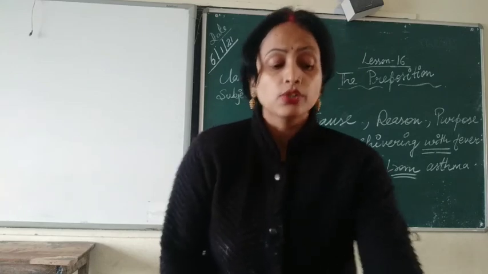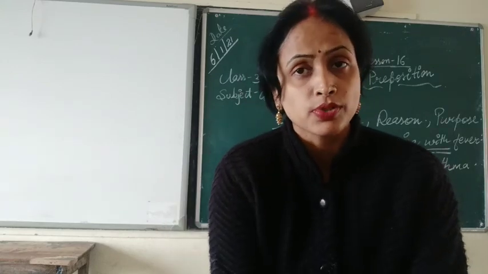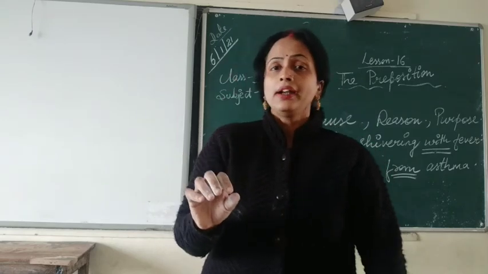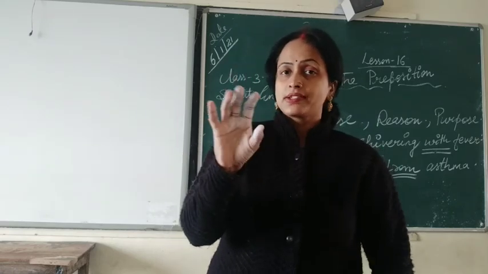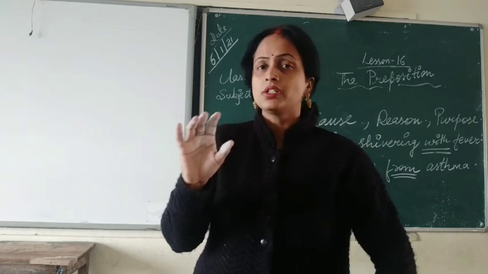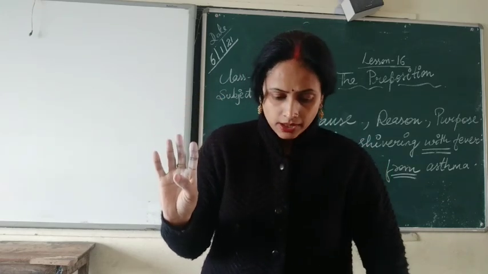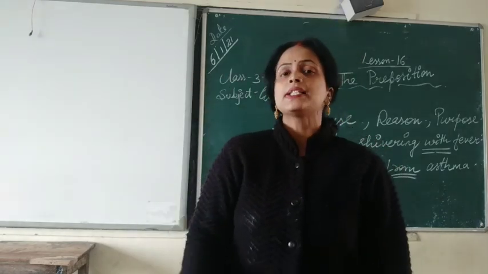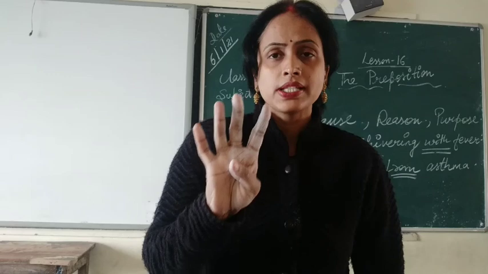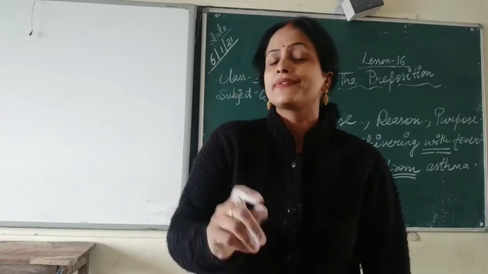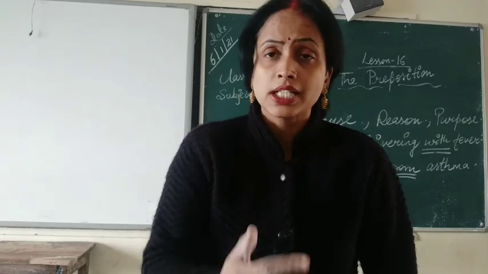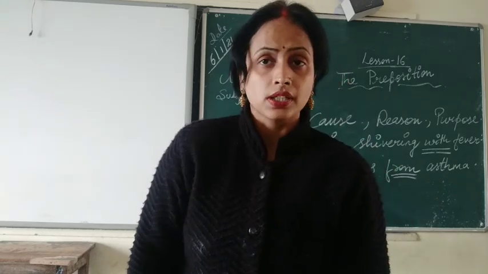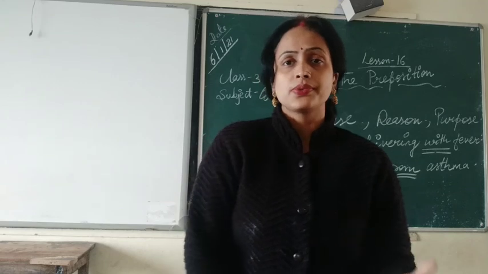So these are the examples which will make you more clear to understand about the prepositions. First of all you have to write a definition. And you know how many kinds of prepositions we have read about: place, time, and cause, reason, purpose. Three forms of the prepositions we have learned. These are the forms: where we are using the prepositions and for what reasons we are using them.